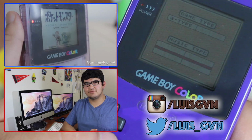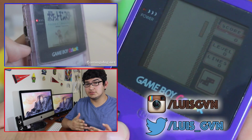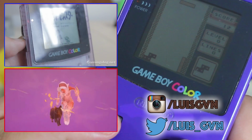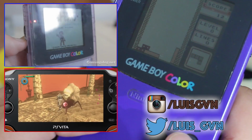The screen's a little scratched up. You know, the insides are a little bit dusty, dirty, so I decided to make a little restoration video series of the Game Boy Color. So the topic we'll be talking about today is replacing the lens of your Game Boy Color. If you don't know what the lens is, the plastic little cover